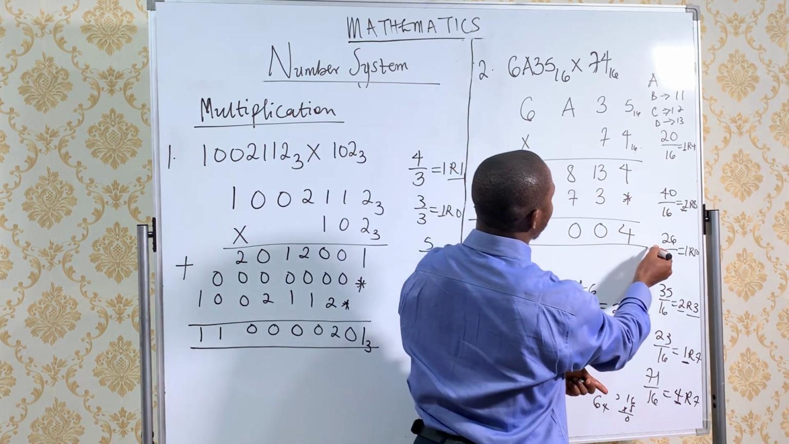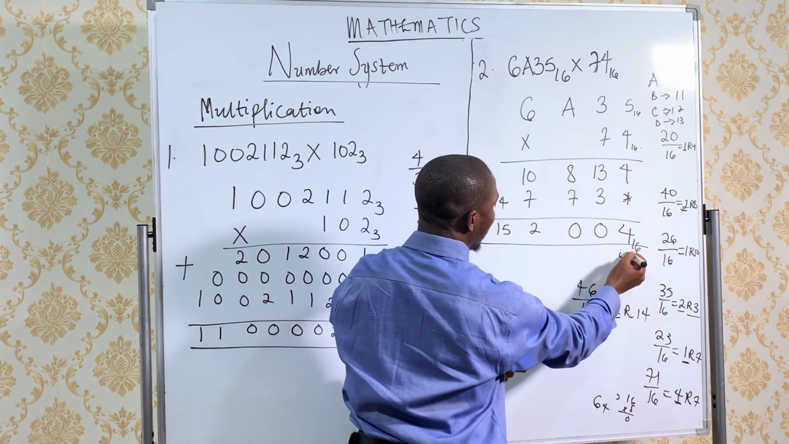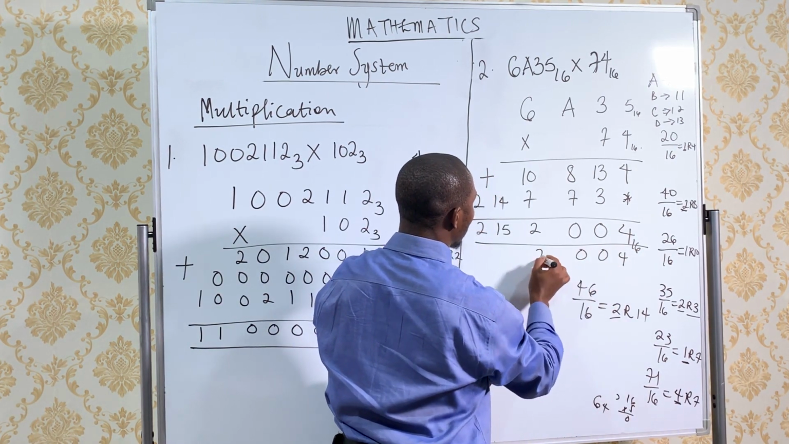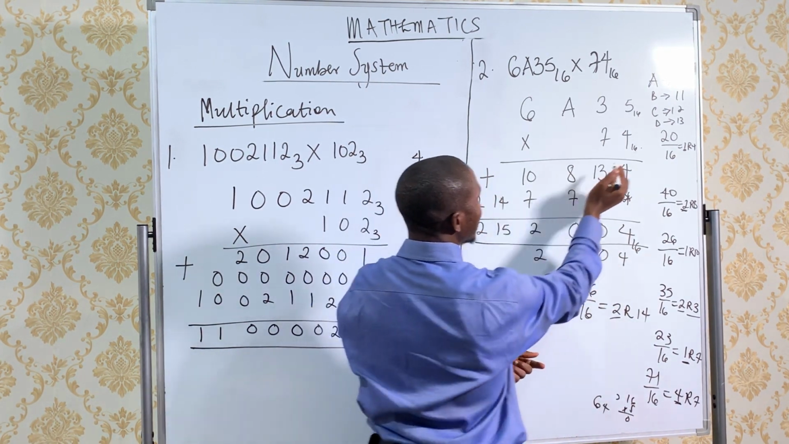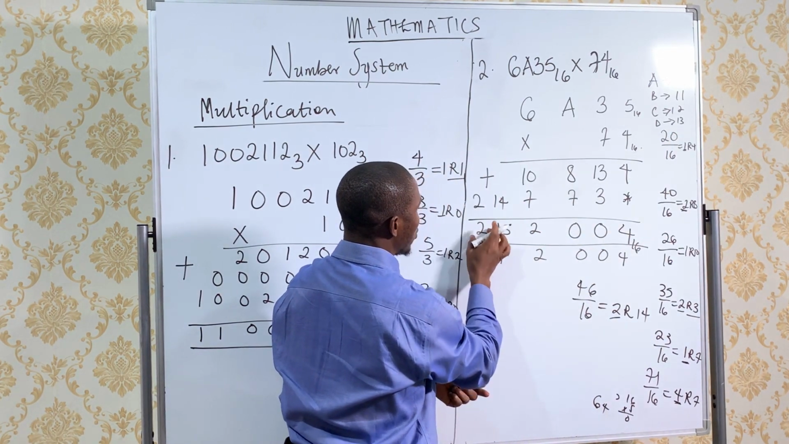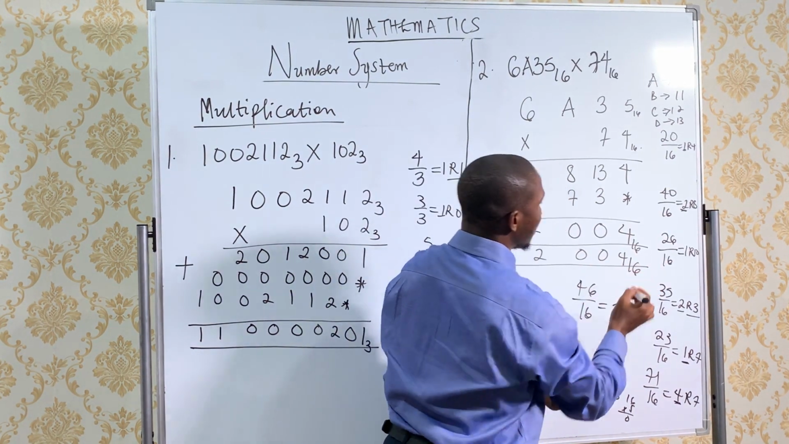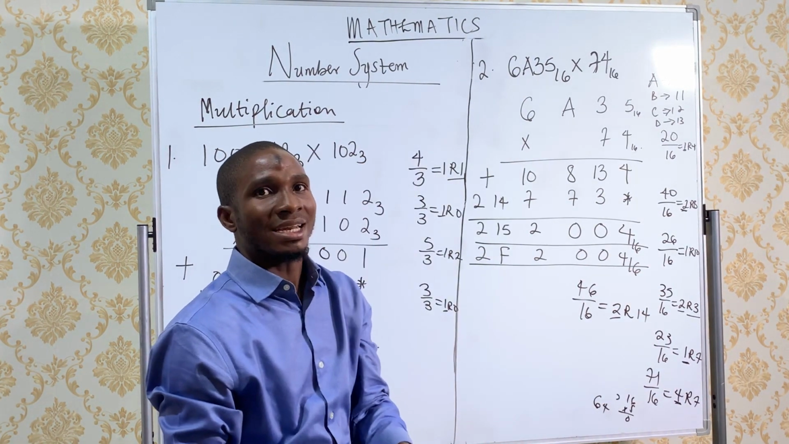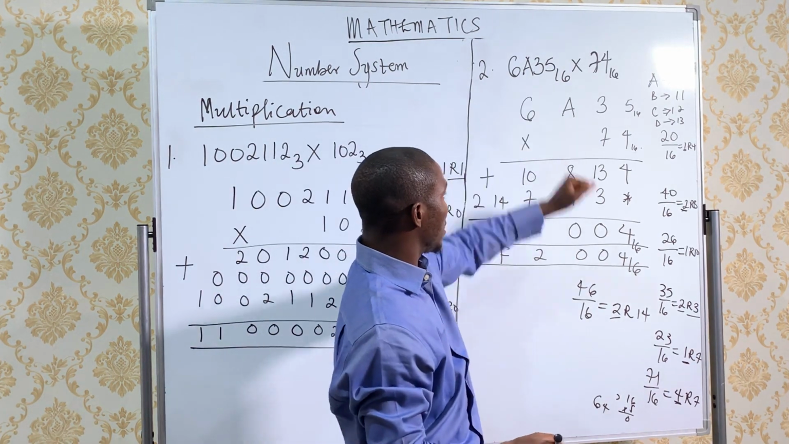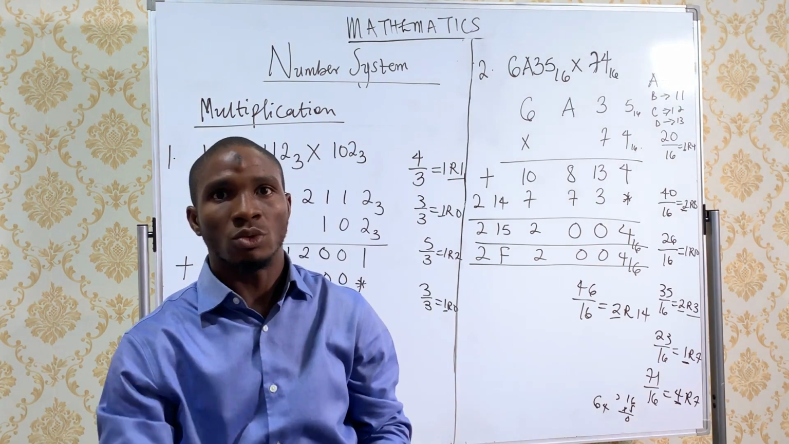So this will be our final answer in base 16. Finally, we are going to have 4, 0, 0, 2. Instead of 15, 15 means F, and you have 2. So this will be the real final answer in base 16. And that is the multiplication of this in base 16. So thanks so much. In our next class, we will look at the next